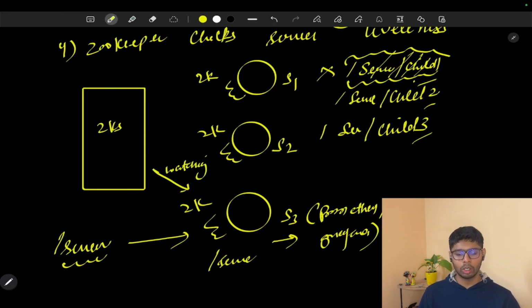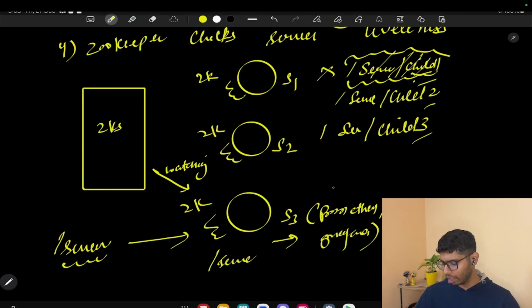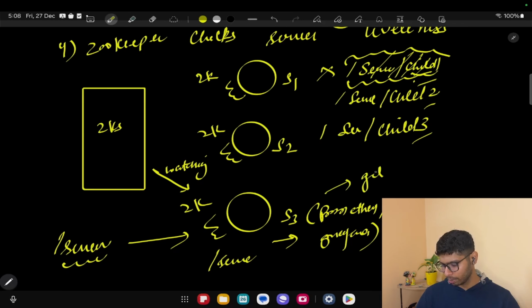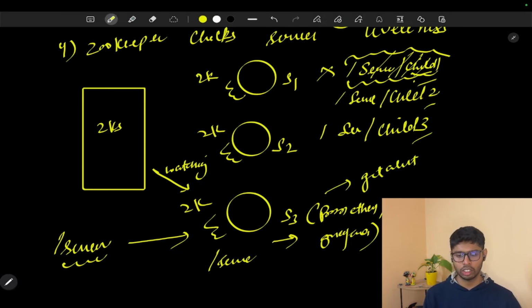Then this particular server 3 will get a notification that this particular child 1 is deleted. So you have to perform some action. And maybe after that, you can get some alert. This is how it is very beneficial. Zookeeper just keeps on checking the liveliness of the services; as long as the nodes are present, it means the services are live. And when the node is deleted for a particular service, then you will know that the particular service is down.